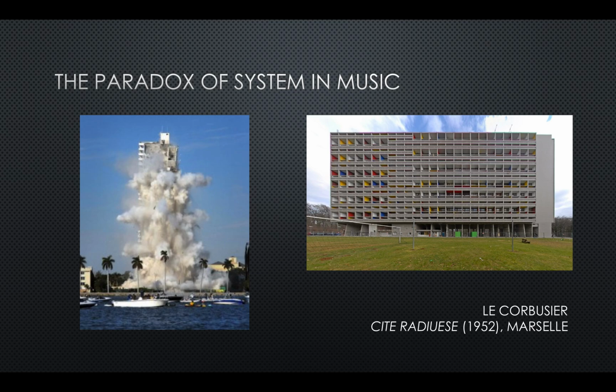However, in architecture in the 1950s, they were doing exactly the same thing. They were organising every single element of the structure according to the dimensions of the human being, or what Le Corbusier called the modular man. And I find it really interesting that in architecture, it results in this really tightly organised structure, whereas in music, when we serialize all the elements, it actually causes the sound world to completely implode. And that's tied to the intangible, abstract nature of music that separates it from the other art forms.